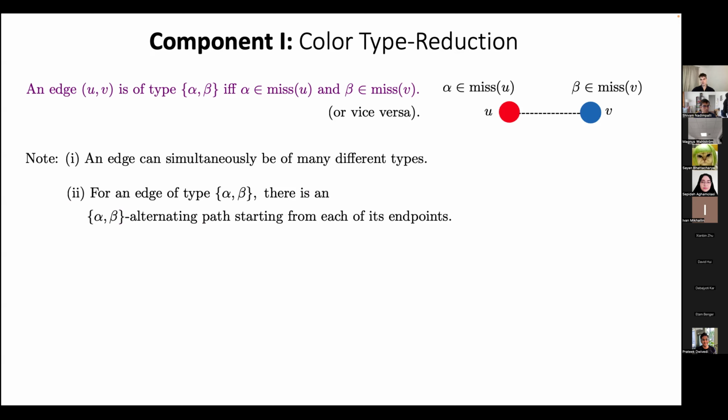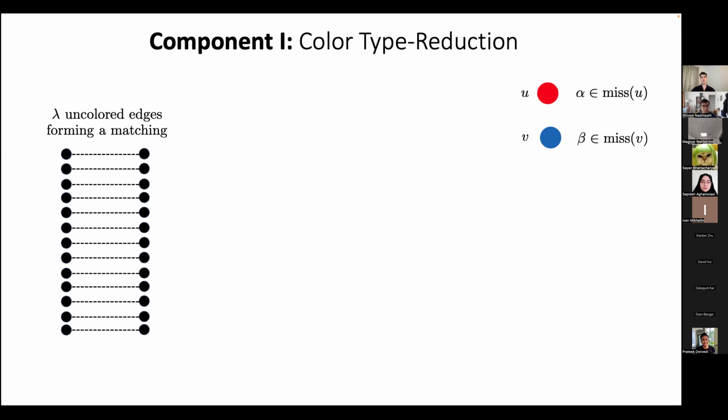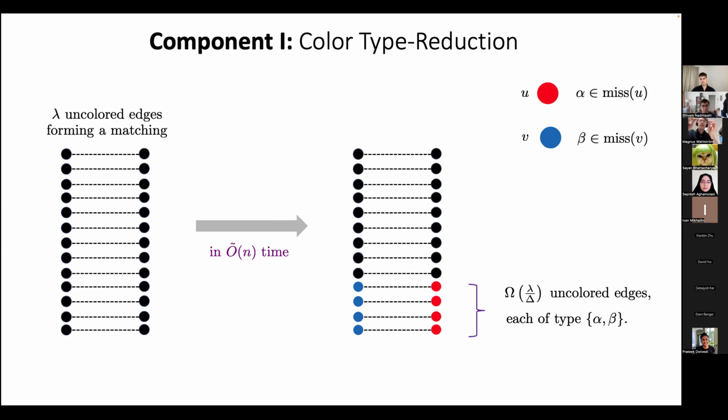The second observation is that any edge of type alpha beta will have some alpha beta path starting from each of its endpoints. And the total number of types that we can have is delta squared, because these are just all possible pairs of colors within our coloring. So what this first component, the color type reduction algorithm, does is it takes some matching of lambda uncolored edges, and in time which is much less than the number of edges in the graph, so this is a sublinear time component in our algorithm,